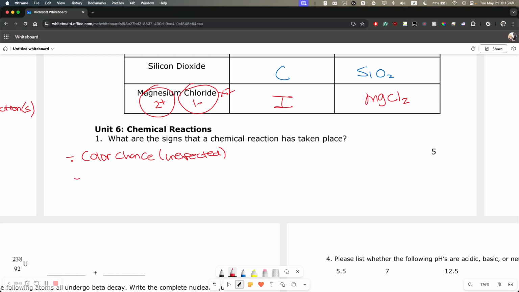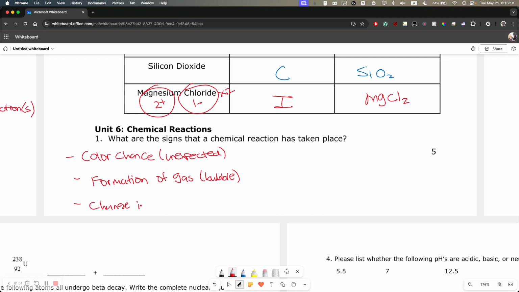There's also the formation of gases, like bubbles. Like if you put Alka-Seltzer in water, the bubbles will rise up. There can be a change in smell